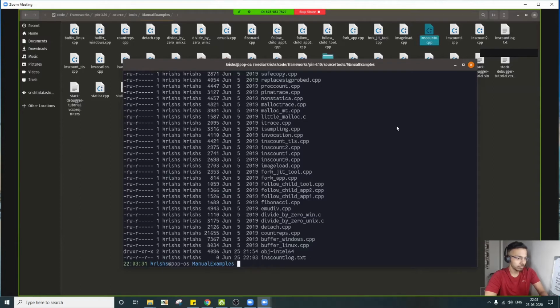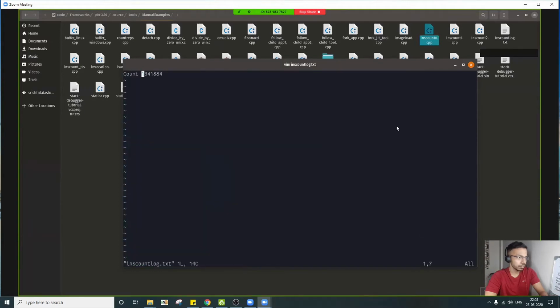We should have, yes, our log file here, which is the ls count log, and you can see the total instruction count which has been executed has been printed: 1,341,884.